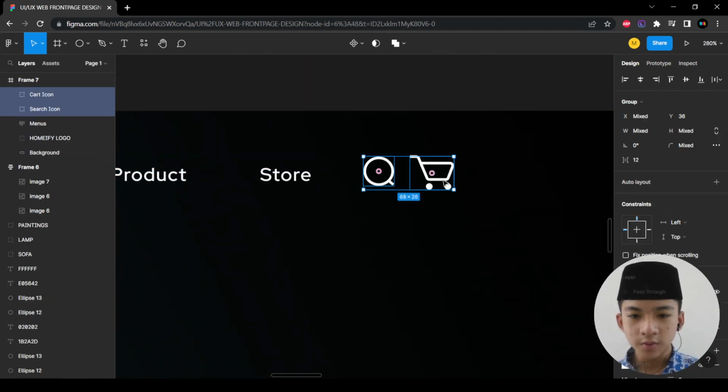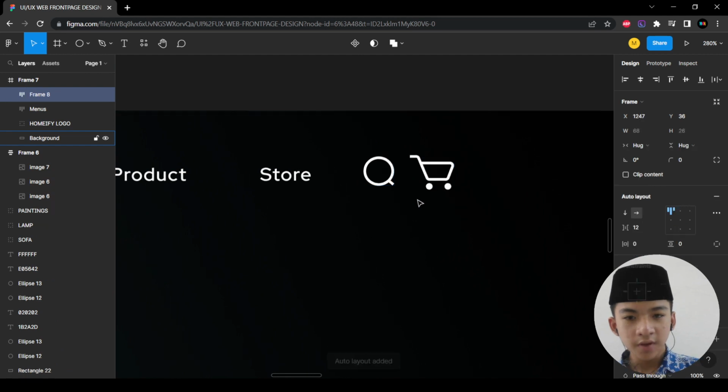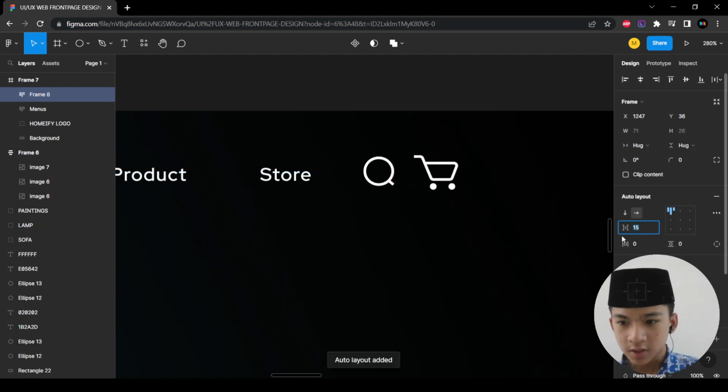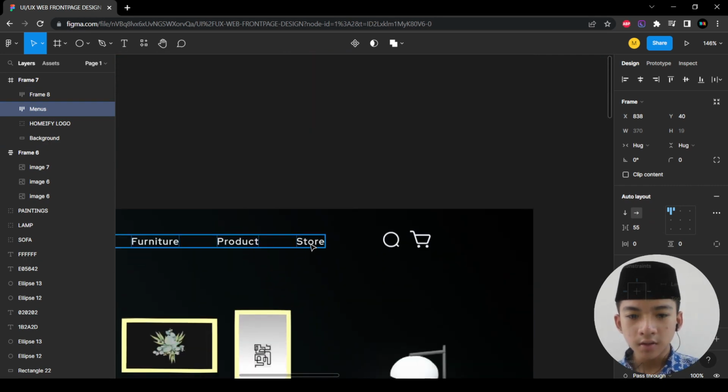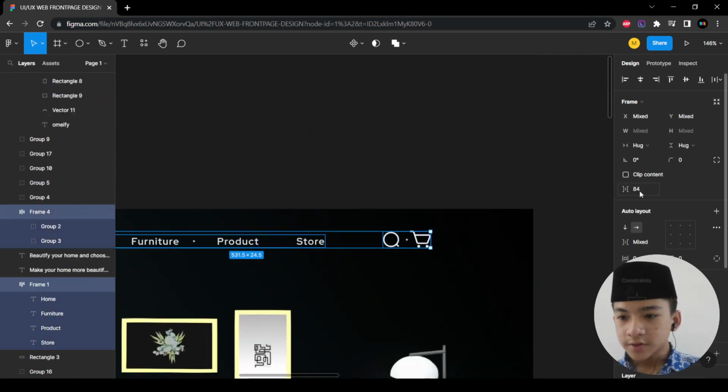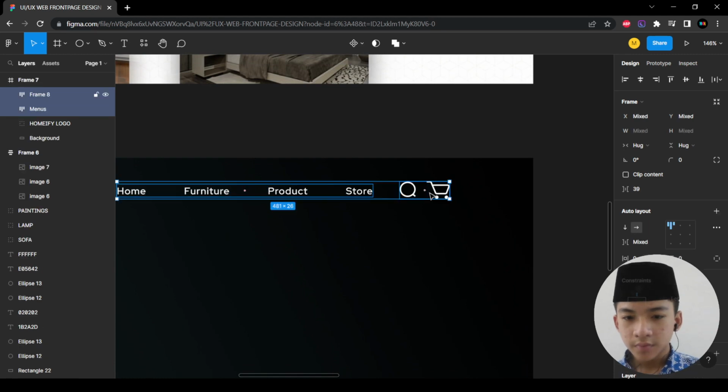So don't forget to auto layout, Shift A, the gap is 16, and the gap between the menus and the icons is 84. So just increase until 84,